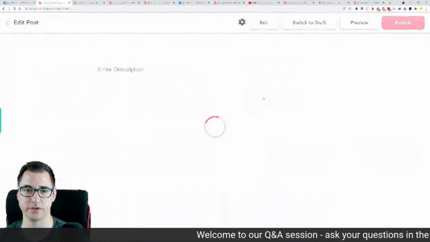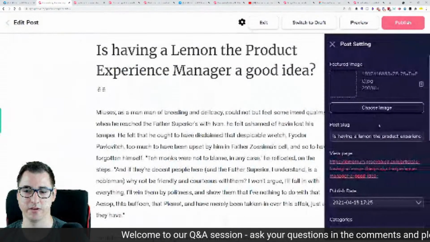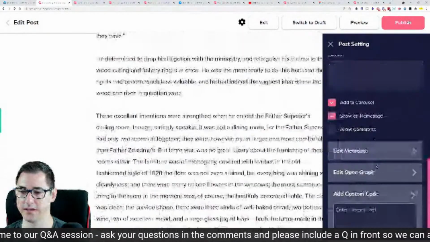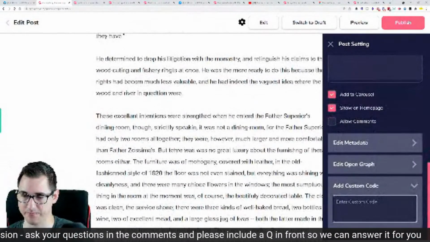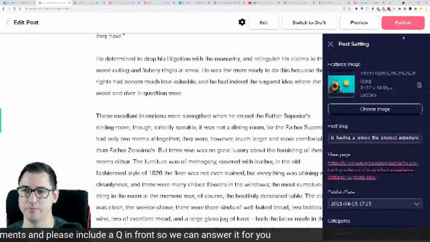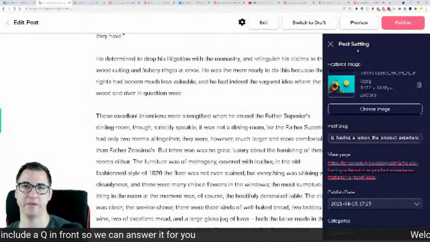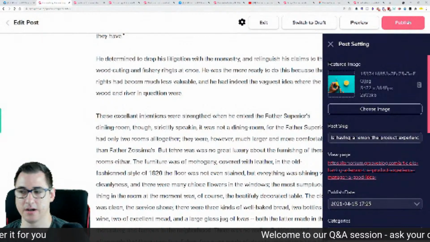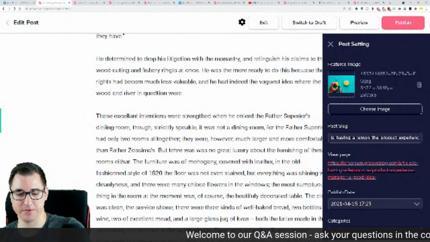Let me just show you here, and then at the end, add custom code, and then you just add your code into here. Click out, you publish your post, and this post will not be searched or crawled by search engines. Hopefully that helps.